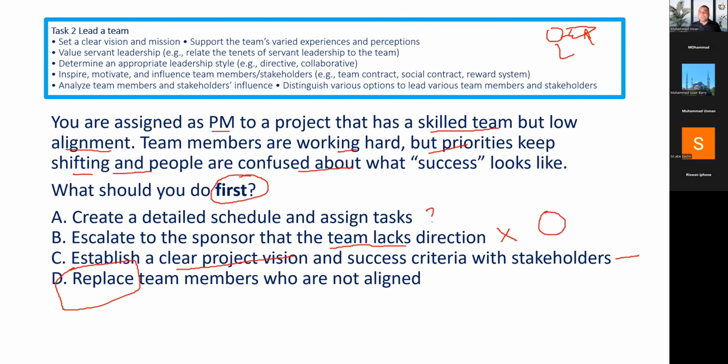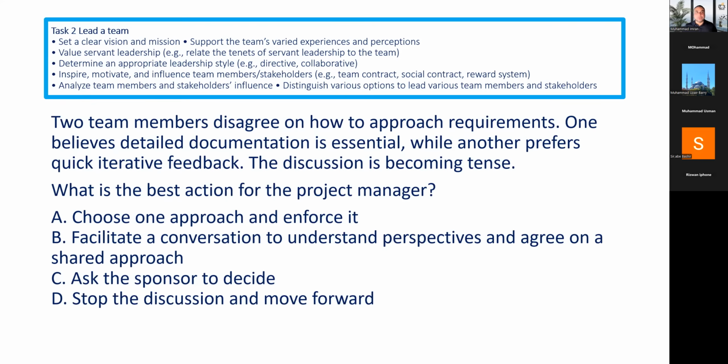To reiterate the vision, old students already know that we have something called the project charter, the project vision statement, which contains the reason why the project is being done. So we need to have a shared understanding before we start working. Once we have shared understanding, we can finish the work in a better way. So yes, those who have answered C, it's actually the correct answer. Let's move to the next one.